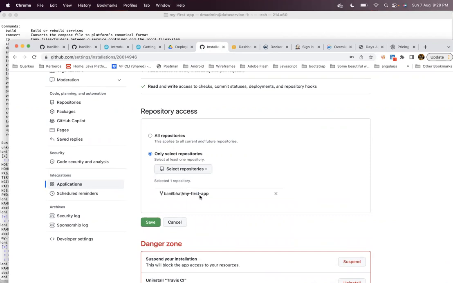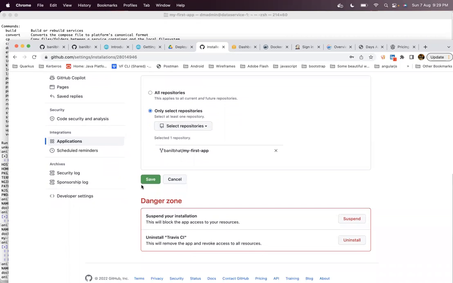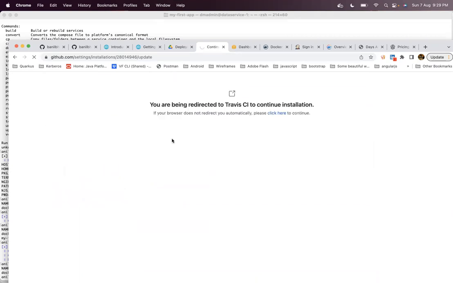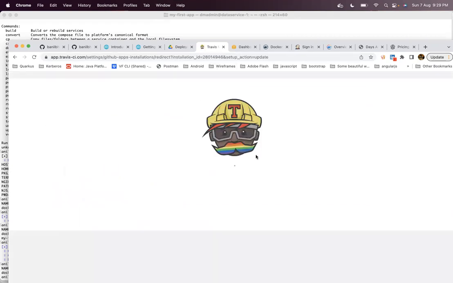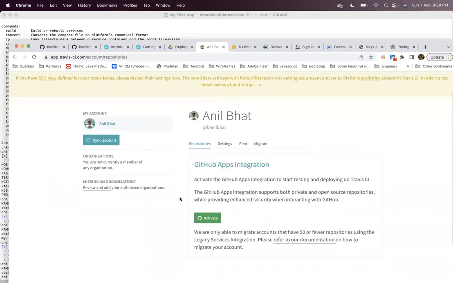Now I have added my first app in Travis, and I guess just save. Once I save it, I will be redirected back to my Travis account. Here in my Travis account, I can see an option called sync account. It will sync the latest changes from GitHub, what I have mapped.